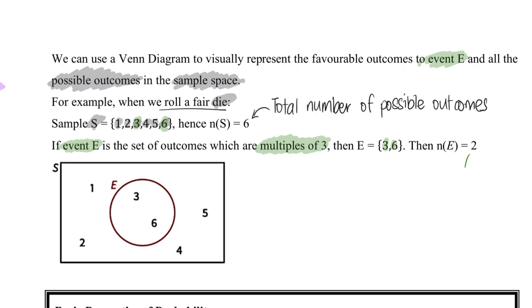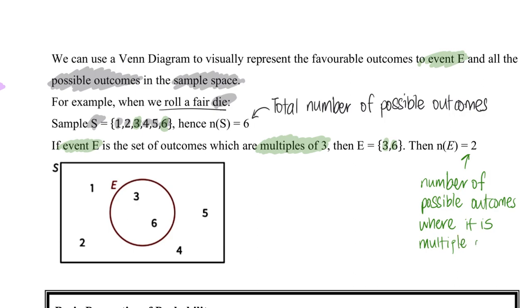And therefore, these two will be the number of possible outcomes where in this case it is a multiple of 3. Which is 2. There are only 2 numbers out of the 6 that are